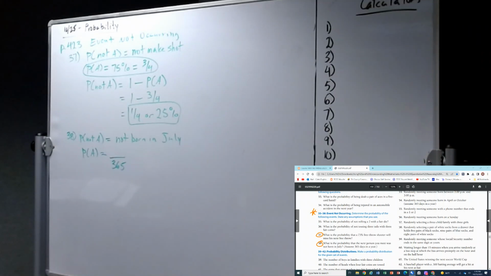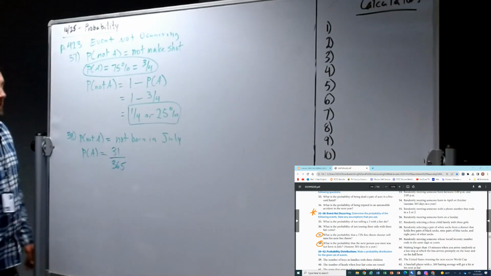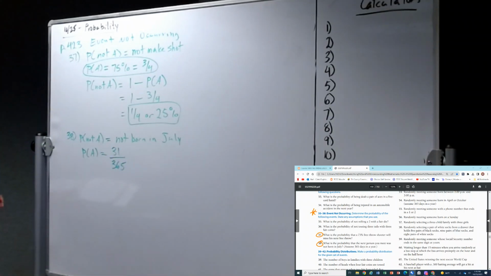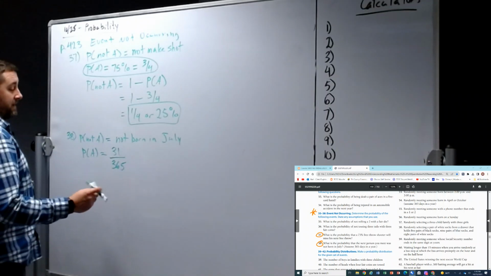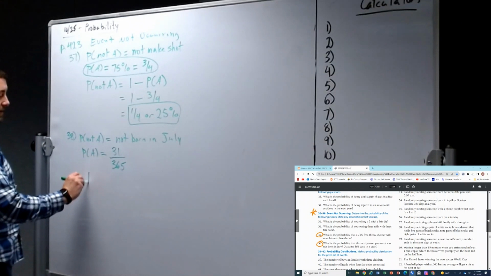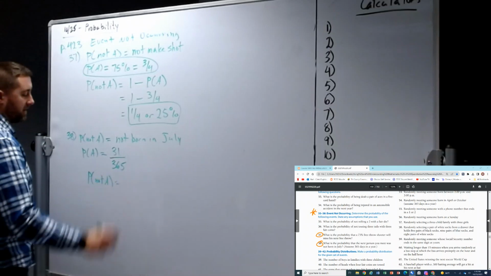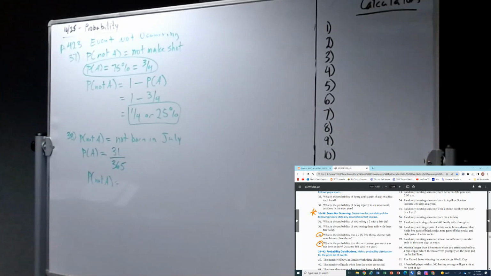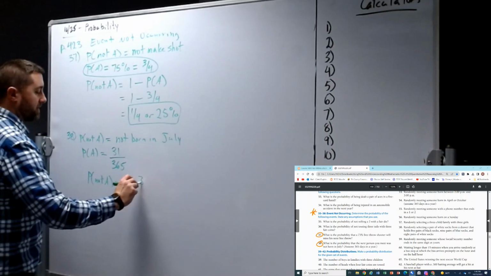31. June has 30, yeah. All right, 31 out of 365 is not going to reduce. 31 is prime, and it's not a factor of 365. At least I don't think it is. So now you go back to your event not occurring formula. Again, the probability of A, the probability of not being born in July, is 1 minus 31